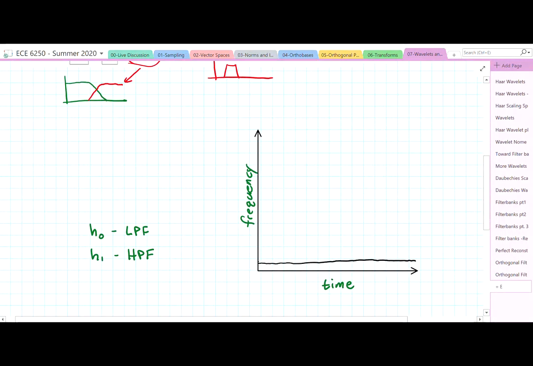And since we've done so many downsampling operations, each coefficient now spans a large amount of time. It's basically the extent of the original filter times 2 to the number of downsamples gives the amount of time that represents. The corresponding wavelet coefficients